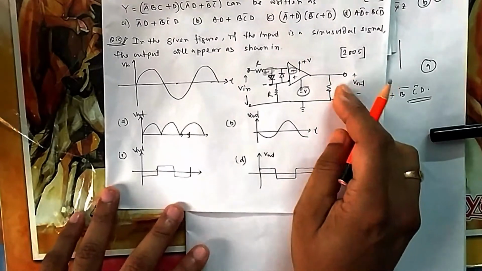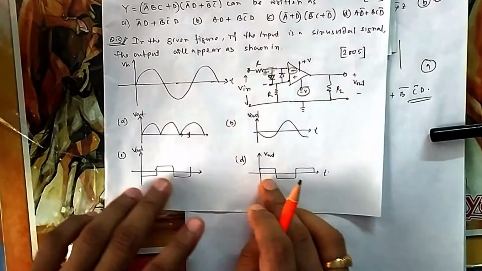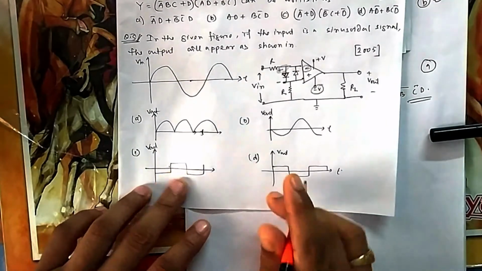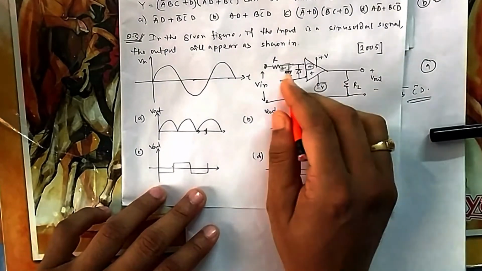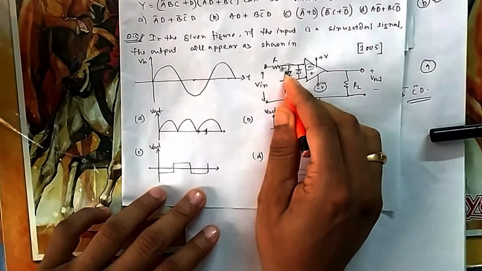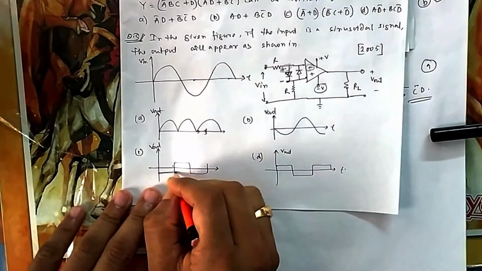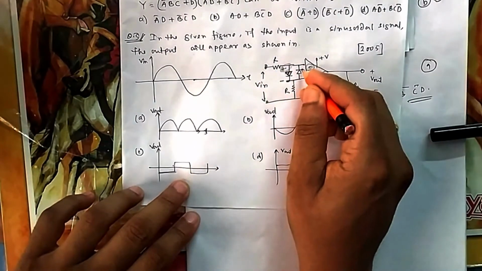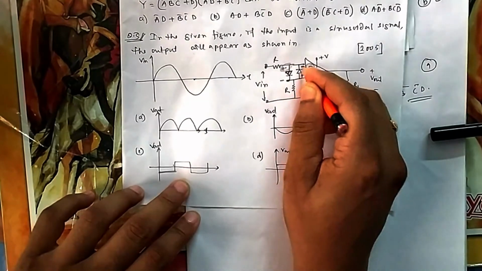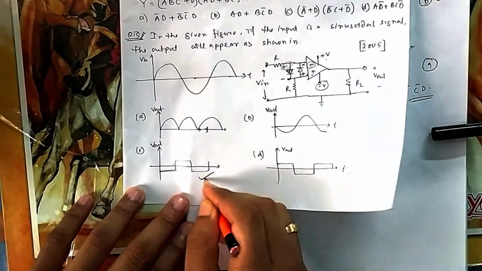It will be an oscillator, you can see, because it is a comparator. No feedback is there, so it will be a comparator. So either this or this will be the option. Initially, in the positive half, because it is forward biased, this is at higher potential, this is the negative terminal, so the output will be minus V. So initially it will be minus V, and in the reverse bias, this will be plus, so this will be at higher potential. If this is at higher potential, then it will go to plus V. So that is your option C.